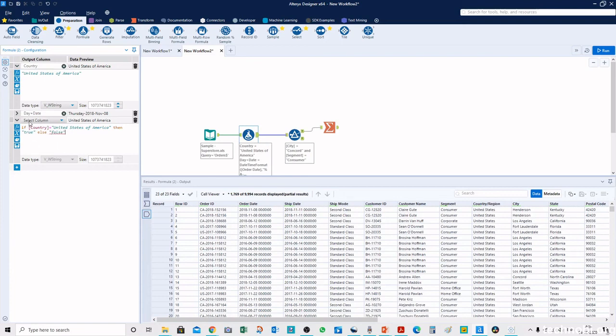So let's call this test. So this is how the formula works.